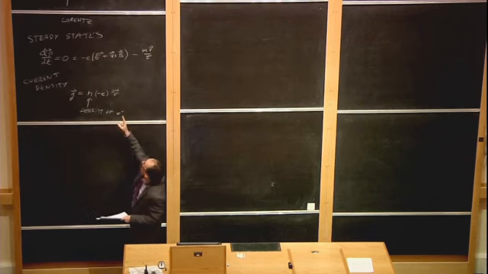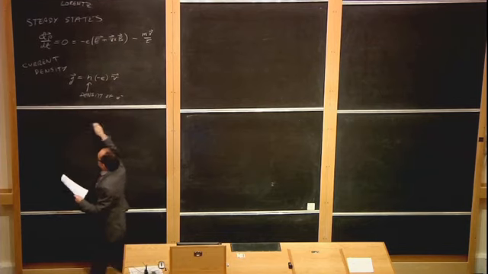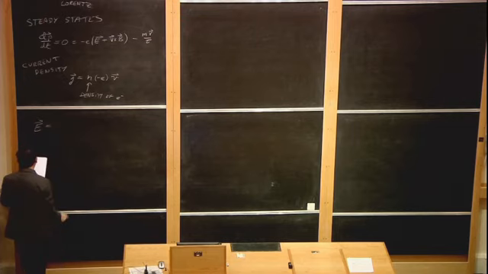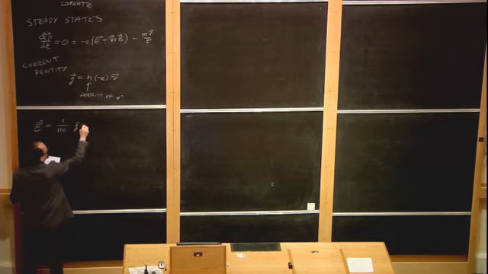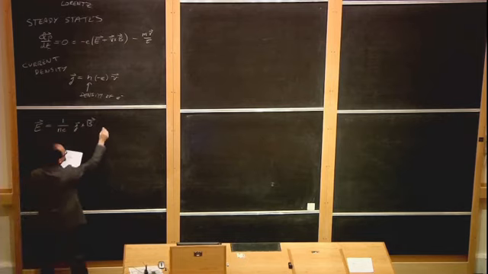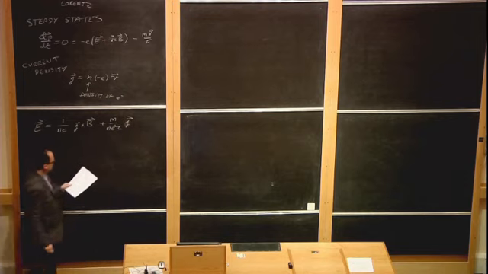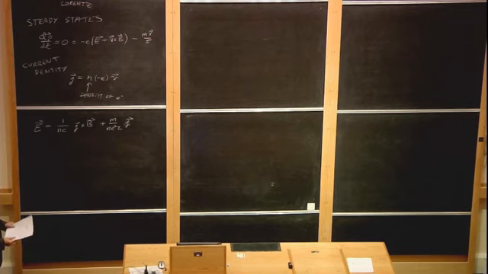And in one step, I'm also going to move e over to the other side and get this equation. E equals 1 over ne j cross B, and then plus m over ne squared tau times j. Is that good? Happy with that? Too many steps at once? Yeah? So I just plugged in j for v and then moved e to the other side and divided through by ne. Divided through by e.